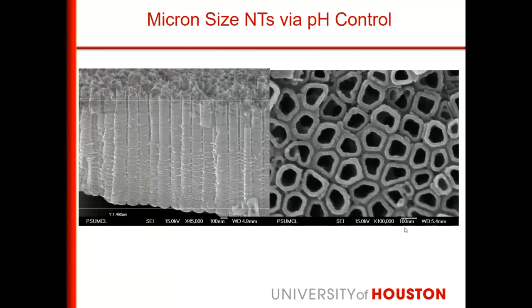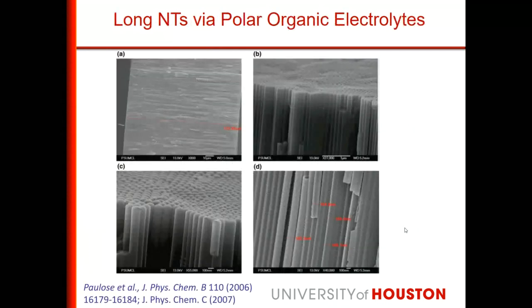This is another image of the nanotube array. These are grown by a process called anodic oxidation, where the nanotubes are spontaneously formed. We don't have to put in any template. It is grown automatically, test tube like. The bottom surface is closed and the top is open. So these are the different types of nanotubes. These are long nanotubes. We can go to even millimeter length while keeping the diameter still in the nanometer regime.